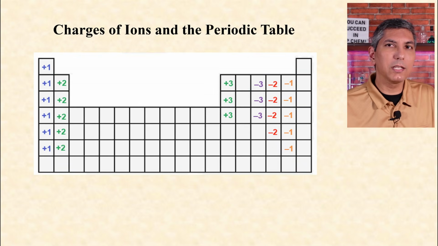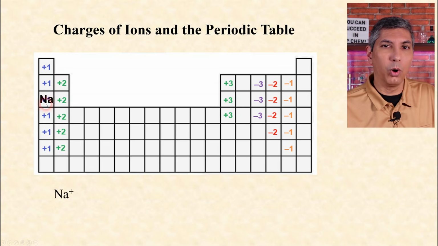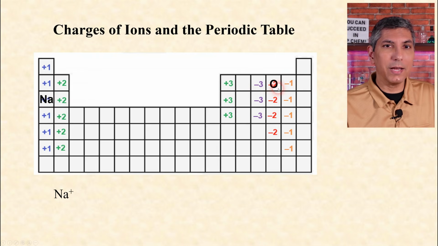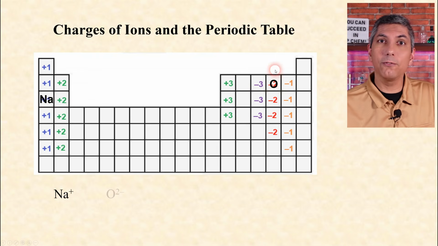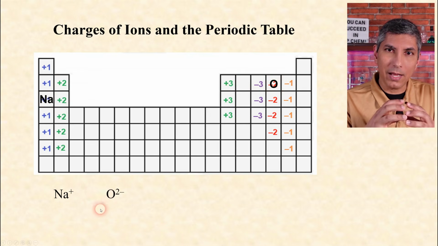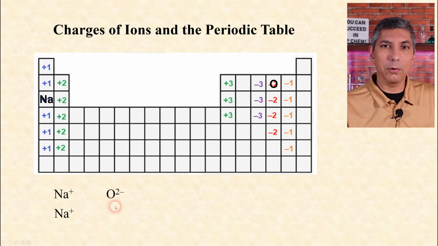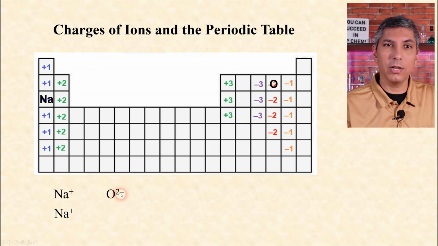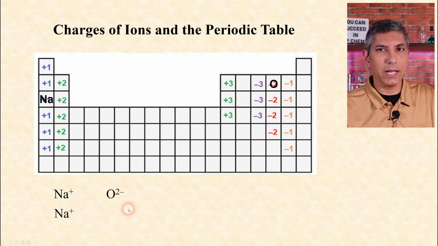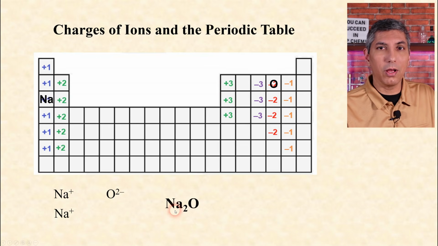For example, because of sodium's location on the periodic table, we can predict that the sodium ion will have a charge of +1. Because of oxygen's position on the periodic table, we would expect its ion to have a -2 charge. Now, when sodium and oxygen ions make an ionic compound, we see that 2 sodium ions are needed to counteract the -2 charge from the oxygen ion. So that's why the formula of the ionic compound between these two ions is actually Na2O, which we call sodium